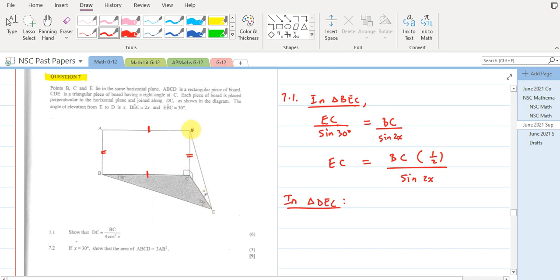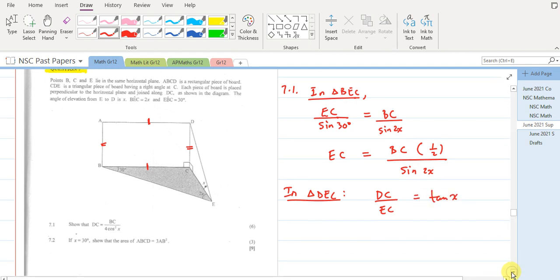We can say DC over EC, we can use tan, DC over EC is equal to tan x. Now we have EC already and we got tan x here, so let's try to simplify this. So tan x is sine x over cos x is equal to DC divided by, what is EC? We need to eliminate EC and introduce BC, divided by